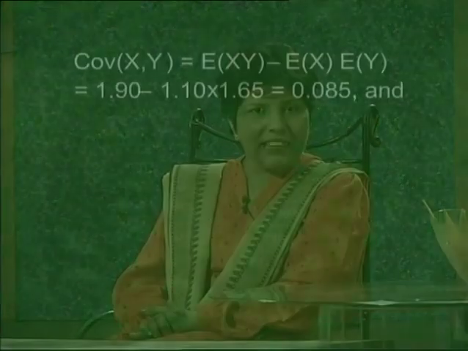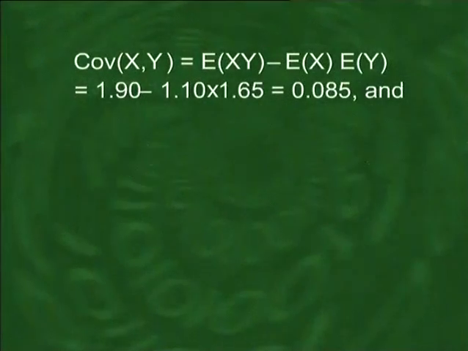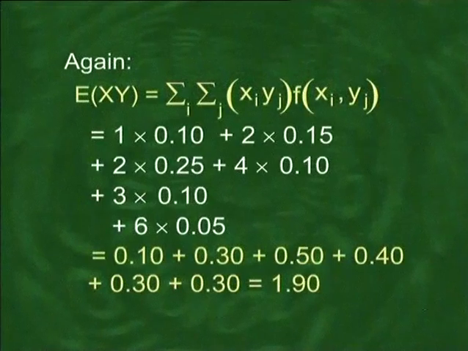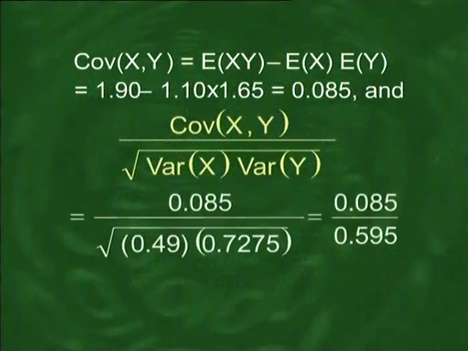As you now see on the slide, according to the shortcut formula, the covariance of xy is equal to the expected value of xy minus the expected value of x into the expected value of y. Now, the expected value of xy is computed in exactly the same manner as we did in the example that we considered in the beginning of today's lecture, and applying that procedure, it comes out to be 1.90. Substituting the values of E of x and E of y, the covariance comes out to be